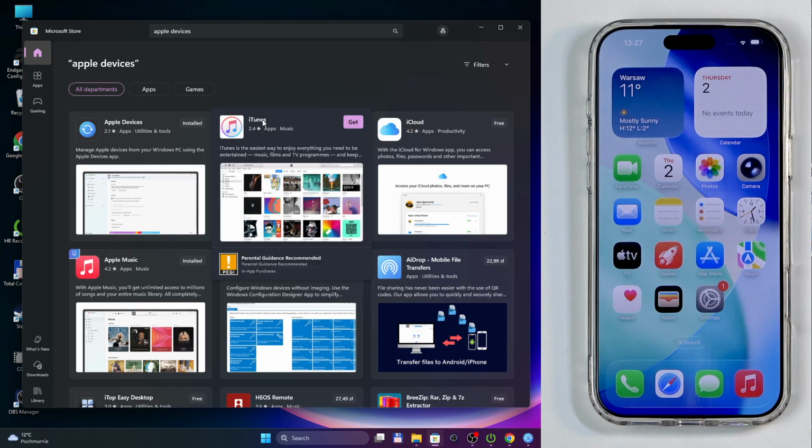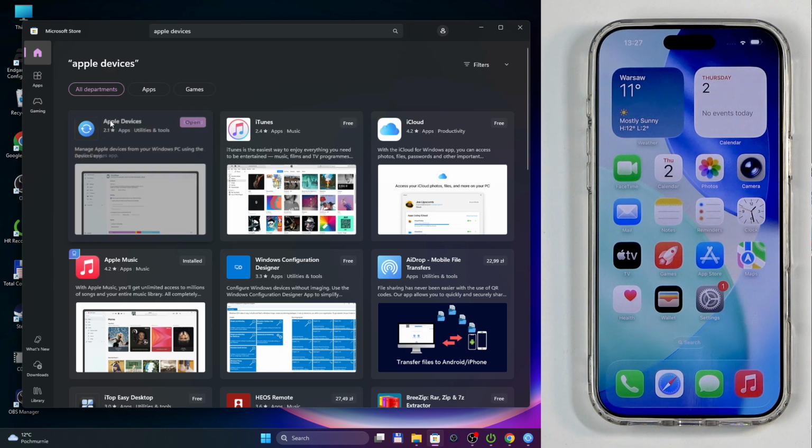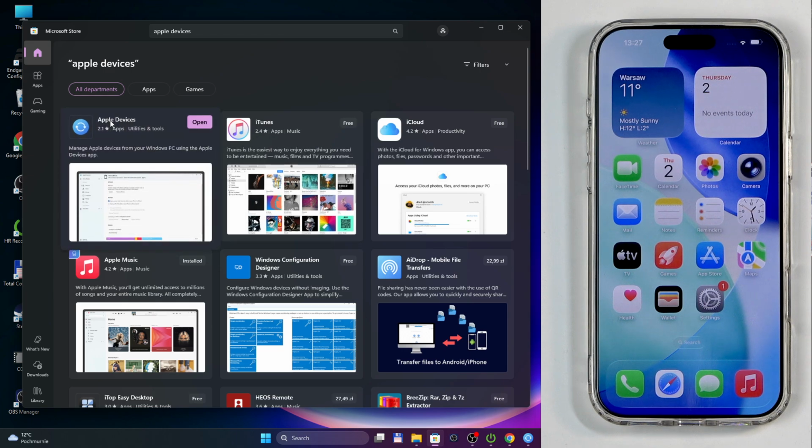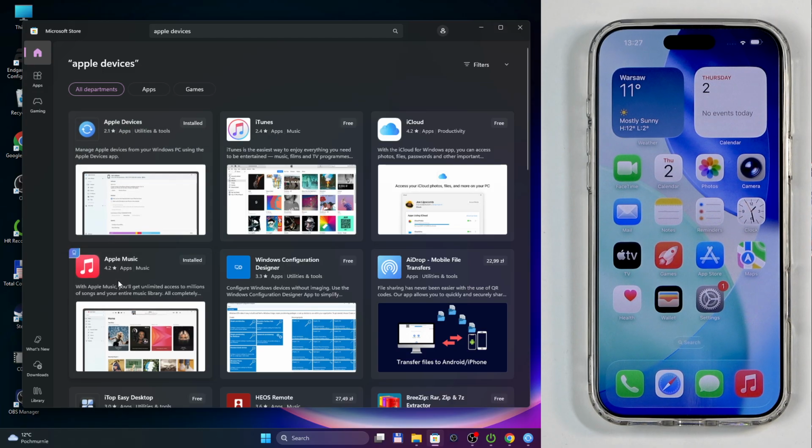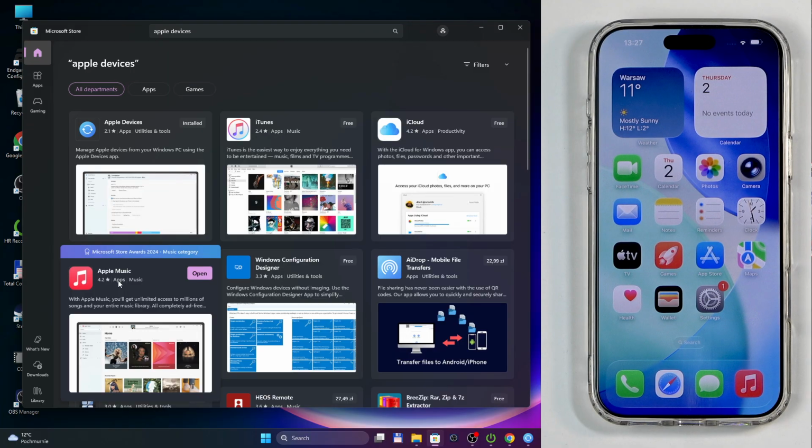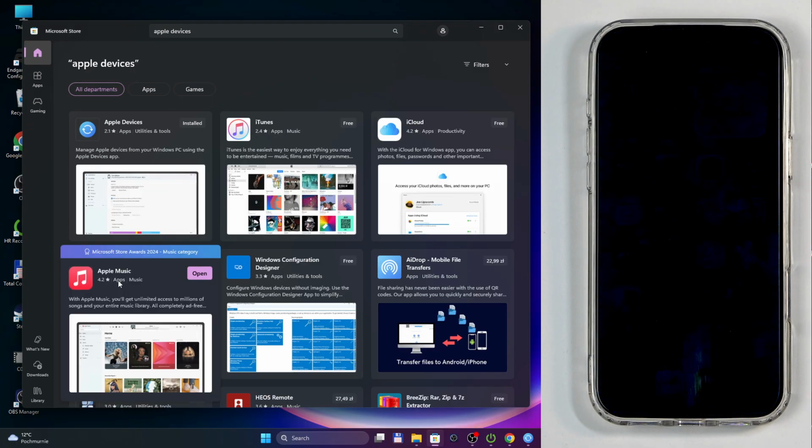Now, if you're wondering why we are not using iTunes for this, as that's what historically we would have been using, well, that's because Apple decided to update iTunes by not updating it at all, and make Apple Devices, and also split it into two programs by taking the Tunes out of iTunes and putting it into Apple Music,